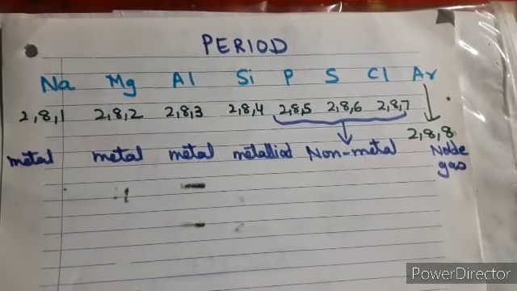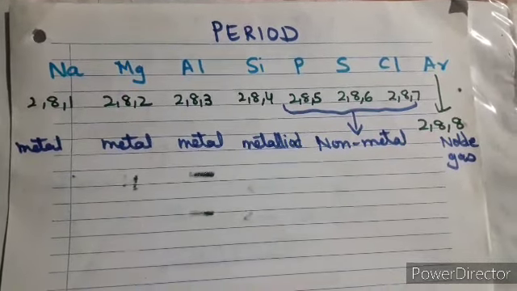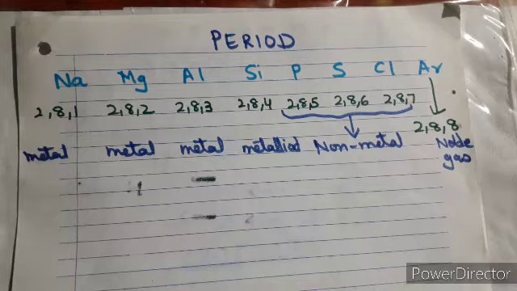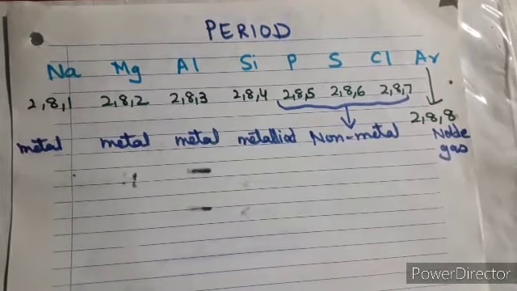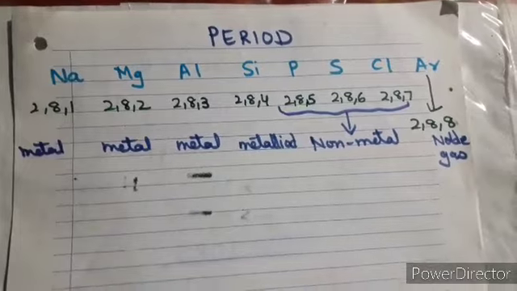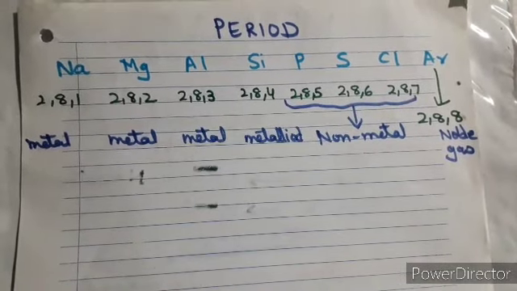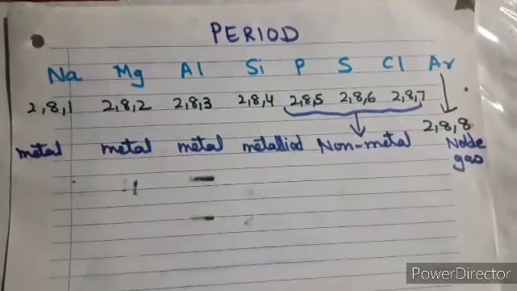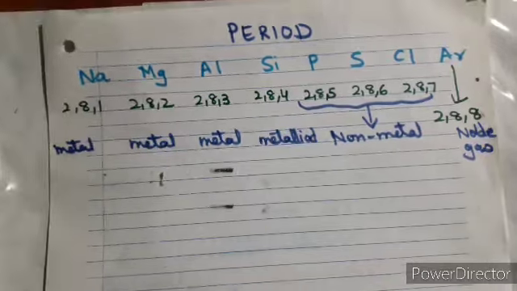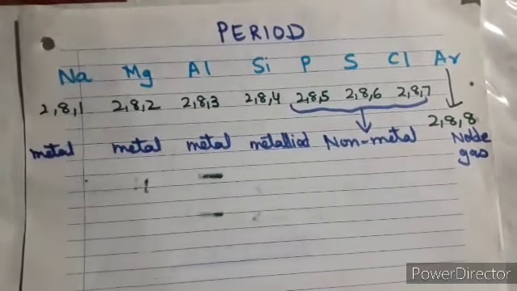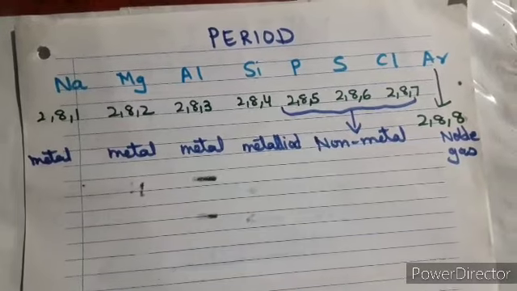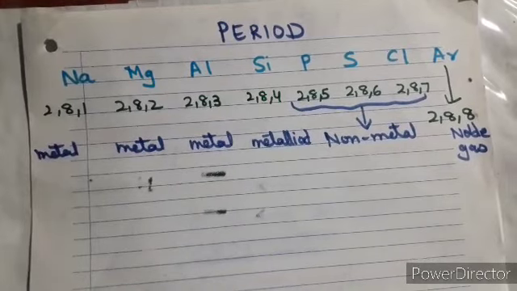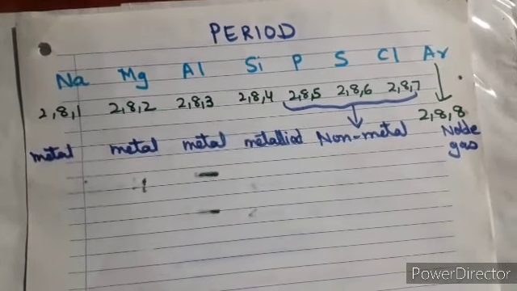Now once again I am writing down the period, and the same period, the third period, I am using, and I have already written all these things: the elements, their electronic configurations, and the types of elements they were, or what their natures were, like which one was a metal, which one was a metalloid, which one is a non-metal and noble gas. Again I'm repeating the same thing which I discussed in the metallic characters. So we are using the same group, because this particular group will help you understand in detail how these two factors are important for understanding the non-metallic characters.